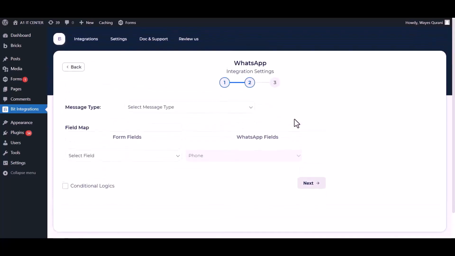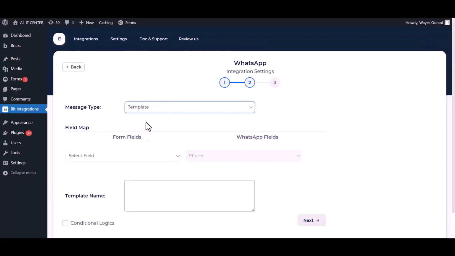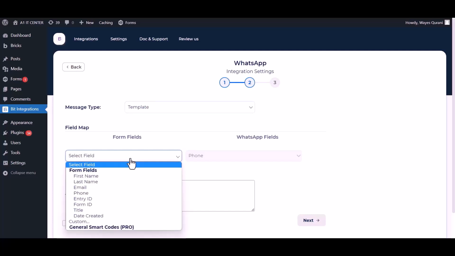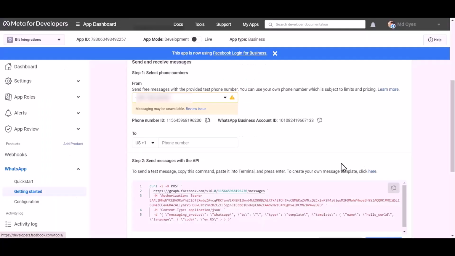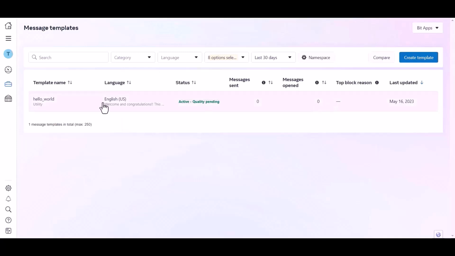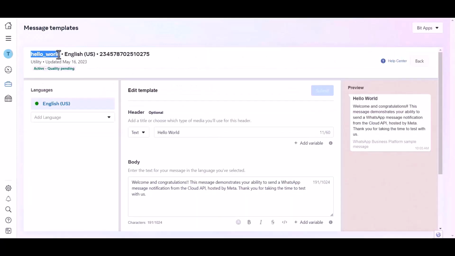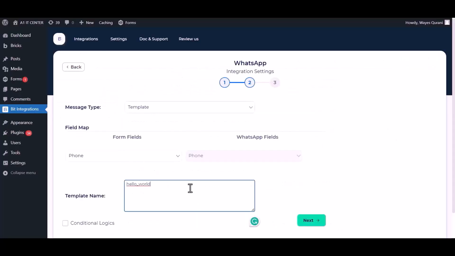Next. Choose message type. Map the respective fields. Give the template name. Go to the Developer App dashboard. Click on here. Click over the template and copy the template name. Paste it here. Next,